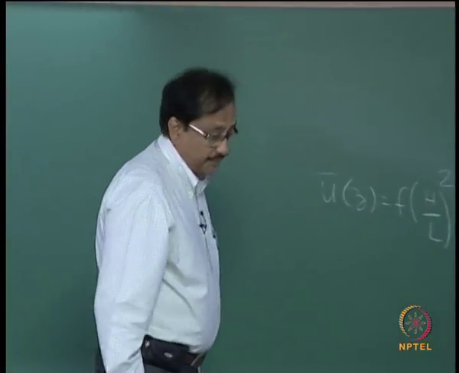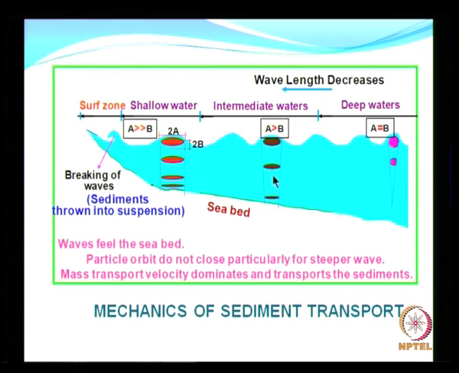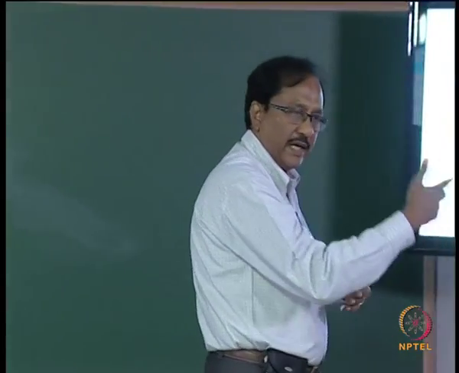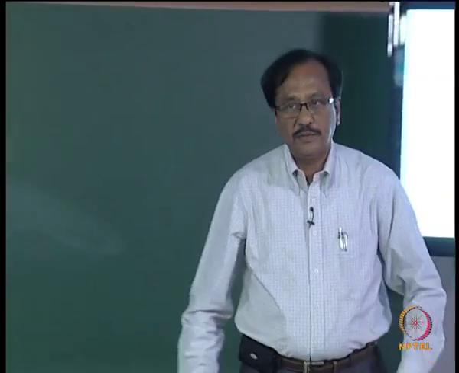Now, there will be motion in this direction and there is a velocity gradient also. So you see the motion will be taking place and all these things will reach your breaker zone. So now you see the sand which was in the seabed is picked up by the particle displacements of the wave, being transmitted in the direction of wave propagation by the phenomena of mass transport velocity, and the sand will reach somewhere near the breaker zone.